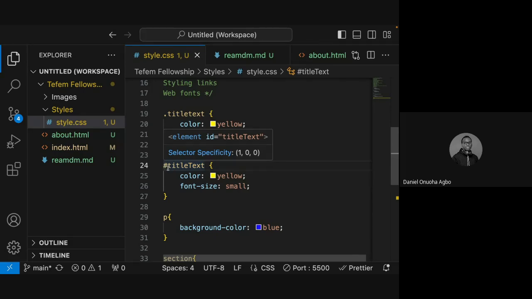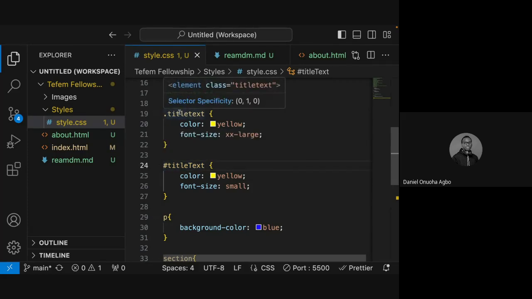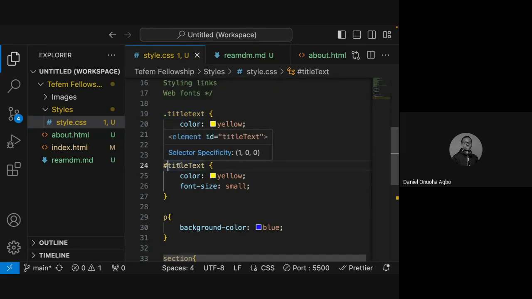You see that: element, ID attribute, title text. Now for here, this is element, class attribute. Then element ID. If I do this and I've not updated my HTML file to the ID attribute,